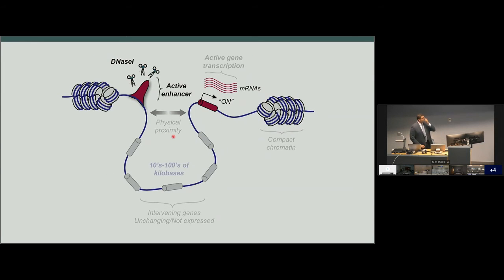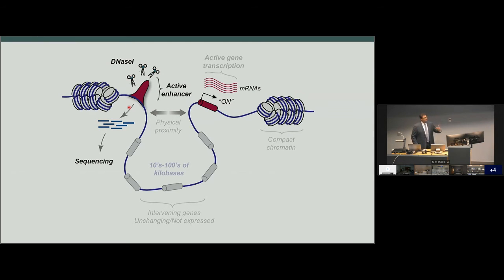So let's go into a little bit more detail methodologically about how DNase works. Again, as I mentioned, this is an enzyme that cleaves DNA. Since DNA that is already open is much more accessible to the enzyme, the DNA fragments are preferentially released from these open enhancer regions. Of course, they conveniently fall into the nice size range for next generation sequencing, and that's what we do.